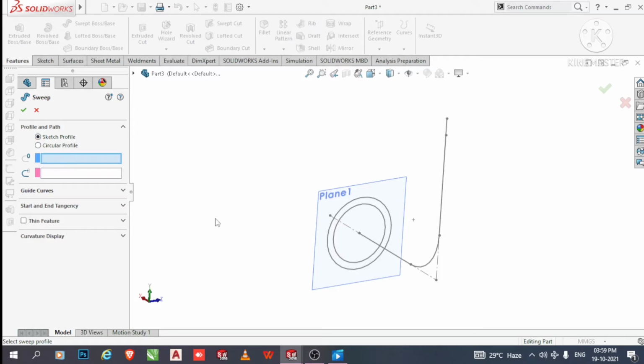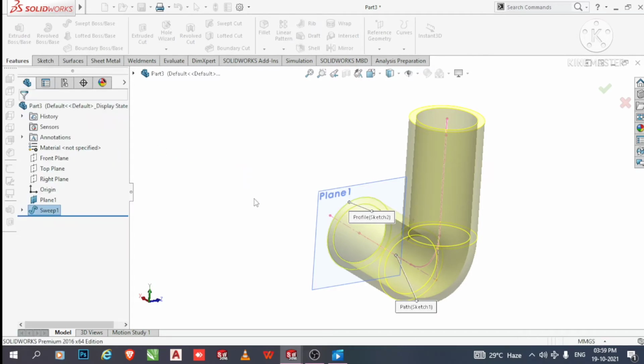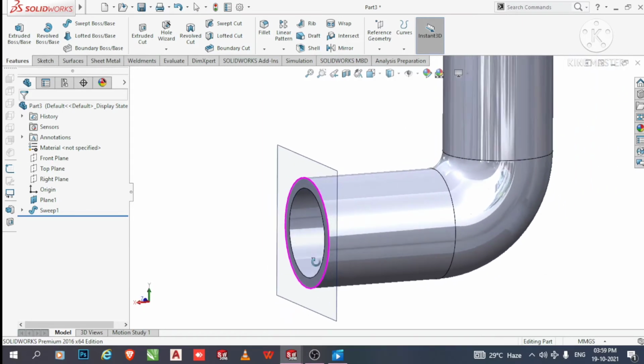It will ask for the sketch, so select this sketch, and it will ask for the path, so we select this line. Okay, now here we create this pipe shape. Select this plane and hide it.